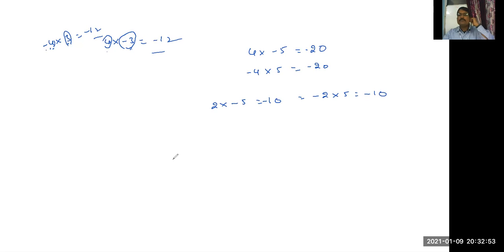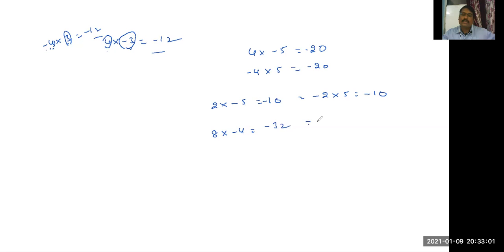So that's why, just like that, 4 into minus 5 is equal to minus 20. Minus 4 into 5 is also minus 20. Just like that, 2 into minus 5 is equal to minus 10. That is equal to minus 2 into 5, which is also minus 10. So that's it. So if you think 8 into minus 4